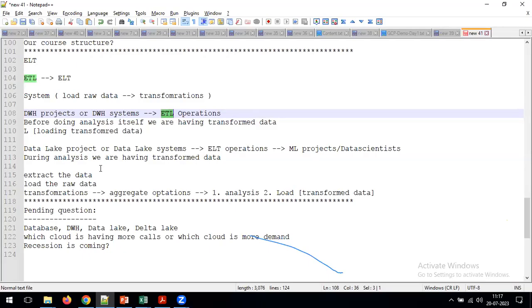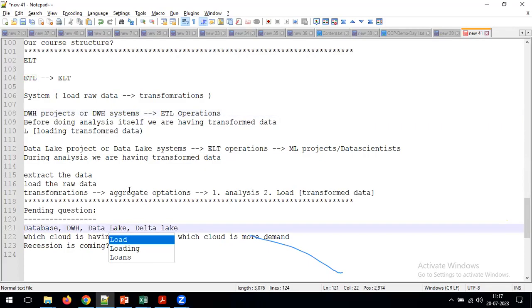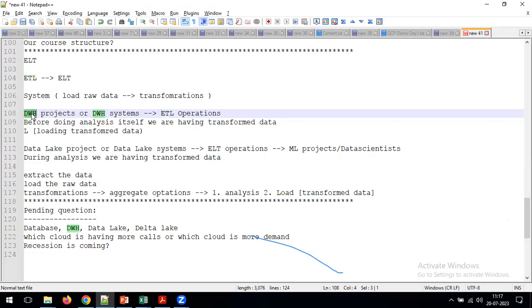But in data lake projects, we are dealing with a huge volume of data, right? So that is the reason. Actually, in the data warehousing process also, we are going to deal with a huge amount of data. Did I tell you that in data warehousing projects we deal with less data? No, right? In both data warehousing and data lake projects, we are going to deal with a huge amount of data. That is the problem statement. In data lake projects, we are going to see huge performance degradation.